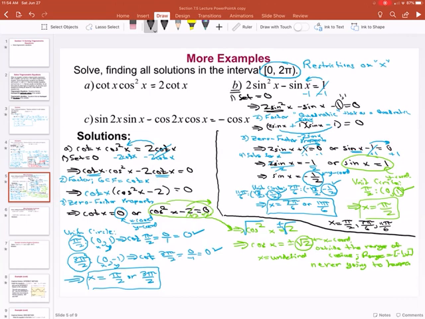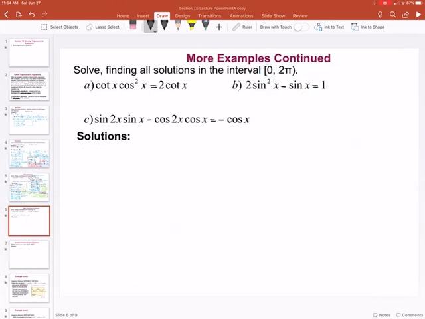Let's move on to our third example here. Moving on, I'll go to another page to give us some room. Let's solve this next one. I like it because it does a little identity review. We've got sine of 2x, so we're going to have to apply the double angle identity for sine. We also have cosine 2x, which means we have to apply the double angle identity for cosine, equal to negative